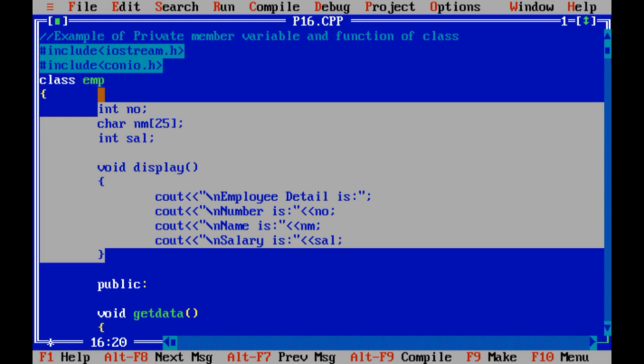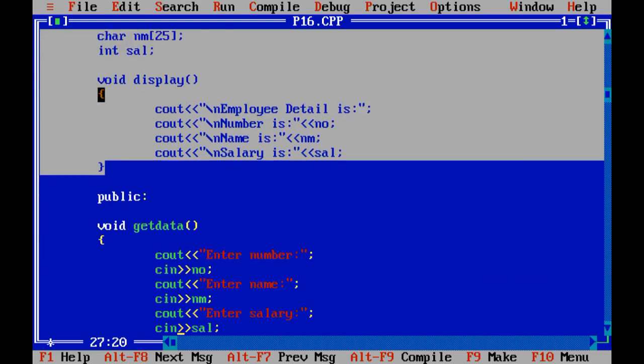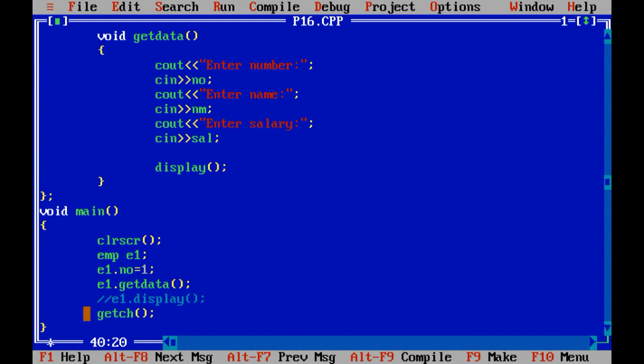Through the public method of the same class, I am able to access the private variable as well as the private method of the class. But in void main, I cannot use a private method or variable of the class. As getdata is a public method, I can use getdata outside the class, or we can say inside void main. But I cannot use the display function as it is a private method.